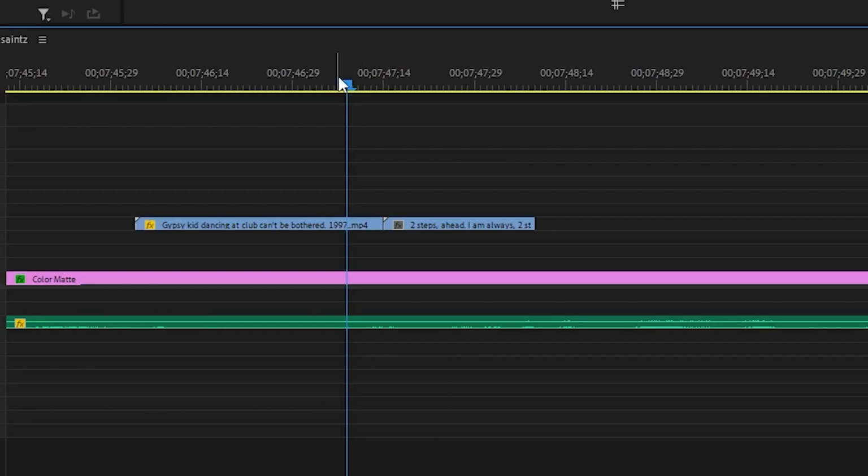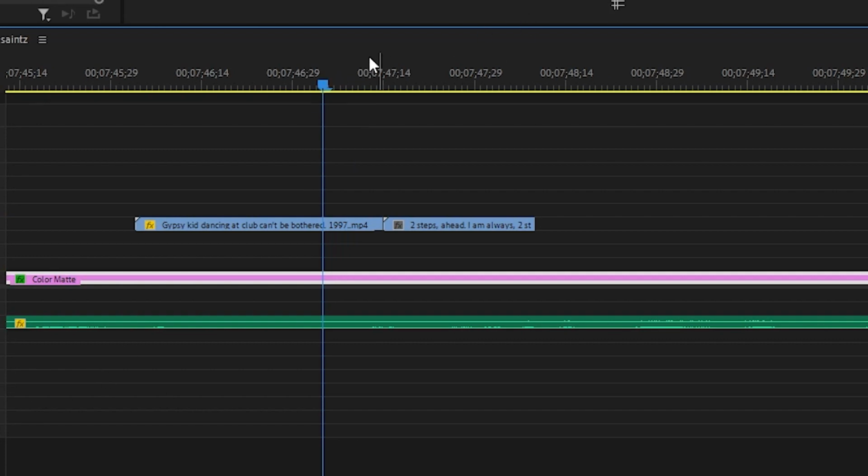Alright guys, the first thing we're going to be doing is a masking transition. Masking in Premiere Pro is actually very painful, but it is very rewarding if you do it correct. So I have this little kid dancing, right? And the hand that is flying past him, I want to kind of be like masking out the background behind